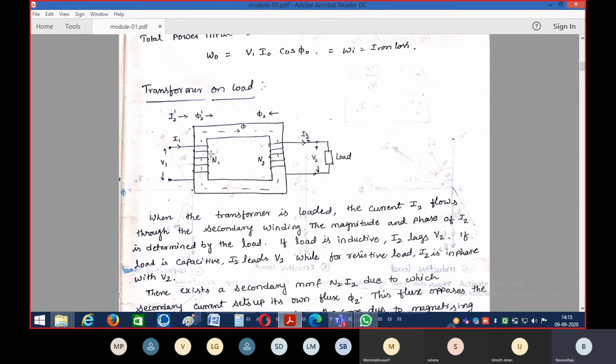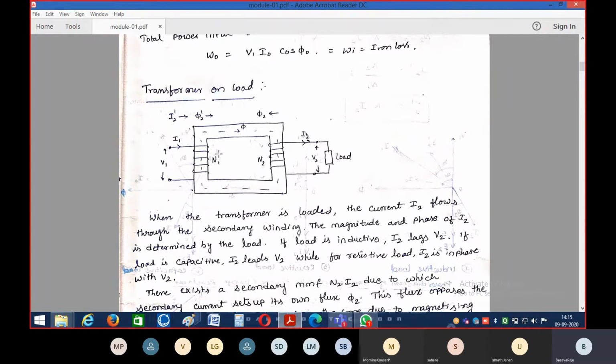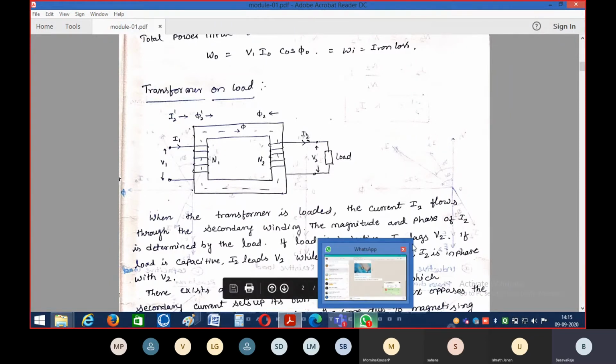When there is an inductance, here it is just a coil, it forms an inductance L. So inductive reactance XL is equal to 2 pi FL. Already we know the relation between the inductance and the inductive reactance. What will be the reactance of this primary winding? XL is equal to 2 pi FL, right?